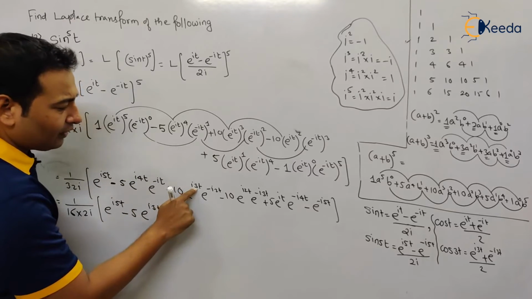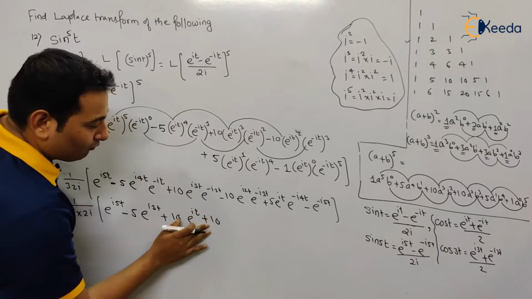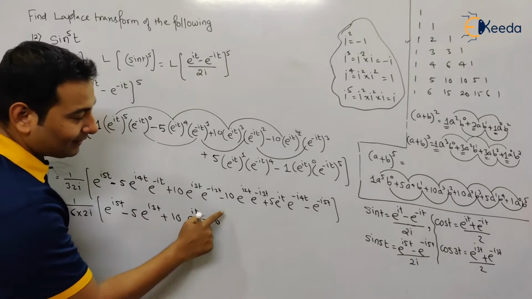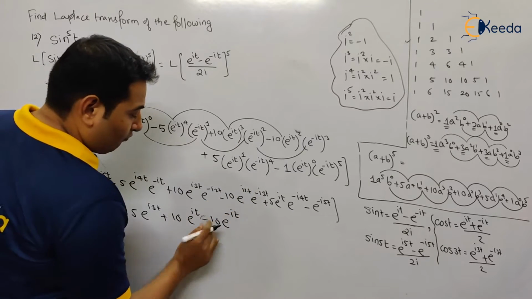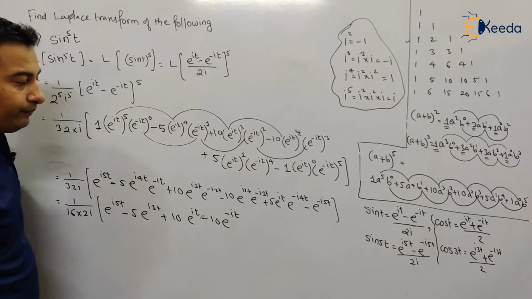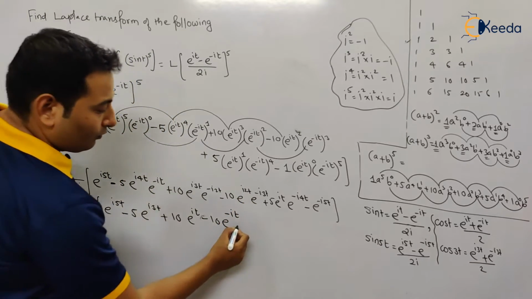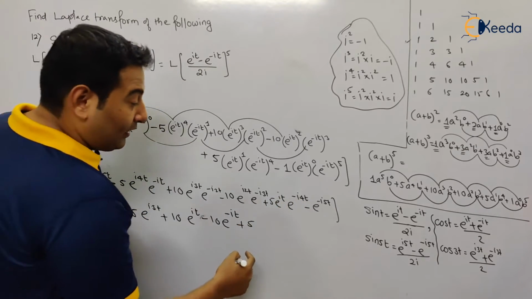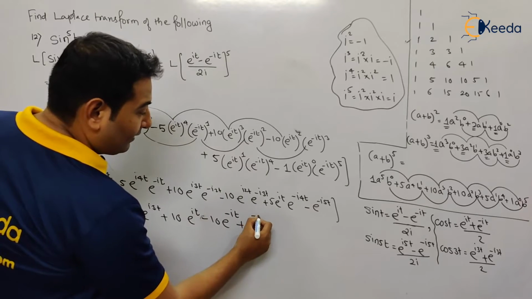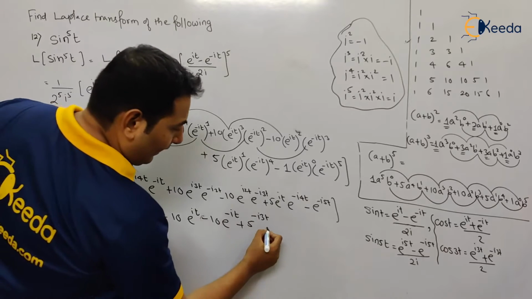Simple calculation. 3 minus 2 is 1. That's minus 10. 2 minus 3 is minus it. Plus 5. It minus 4it, that is minus i 3t. 1 minus 4 is minus 3. And finally,